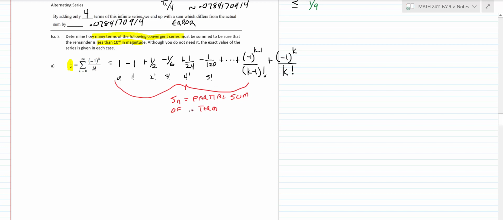This part right here would be the remainder. Remember, this would keep going on and on forever, so we're going to call that r of n, and that's equal to the actual value